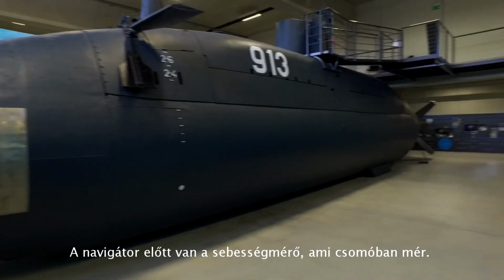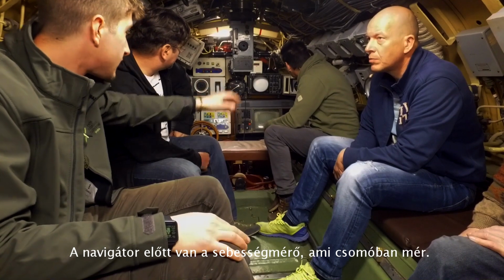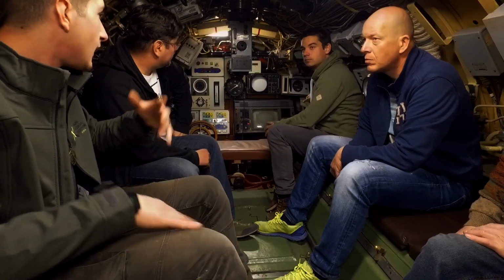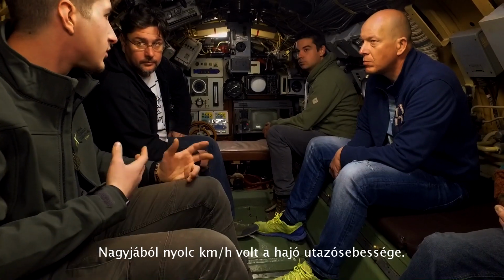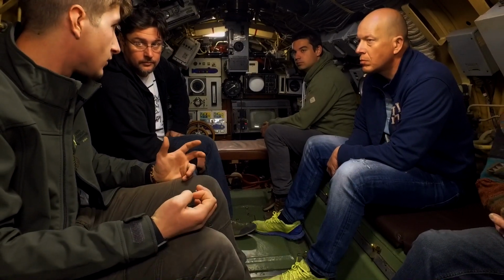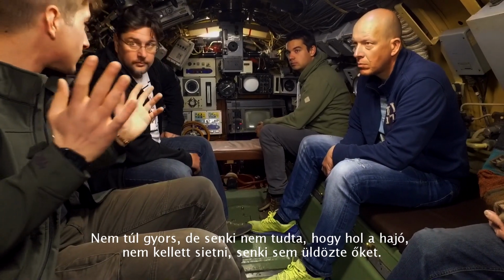And also here the navigator, you can see that there's a meter that says knots. That is for the speed. And nautical knots to kilometers, usually the submarine was traveling about 8 kilometers per hour. So not very fast, but nobody knew where they were, so they weren't in a hurry, they weren't being chased